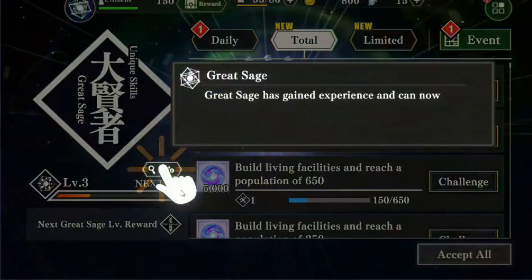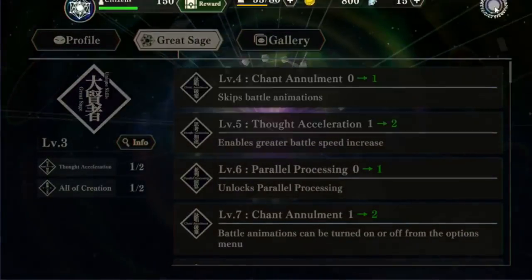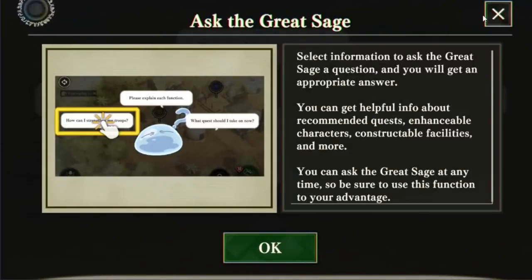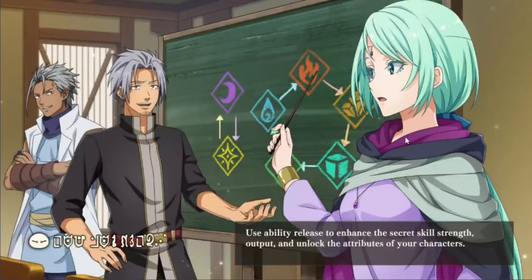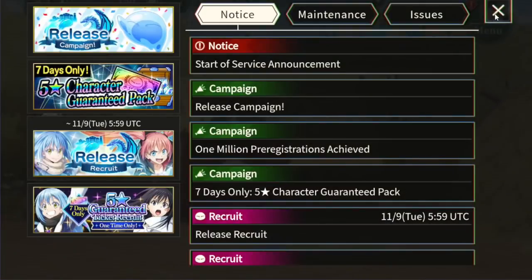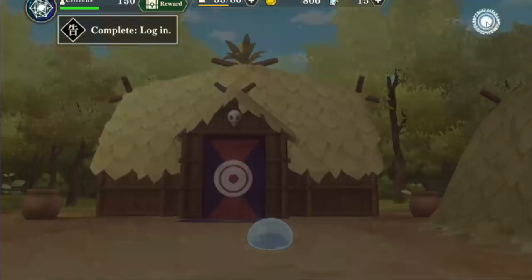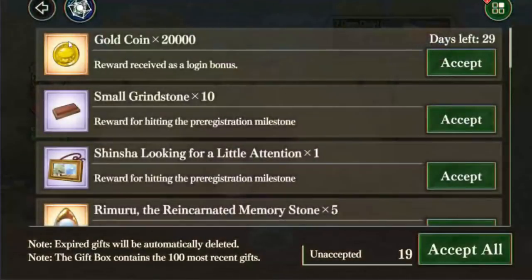Basically telling you that you've unlocked auto combat and the speed up. Okay. Those are your login bonuses. So here we finally are free to do what we need to. So click on the gift icon,